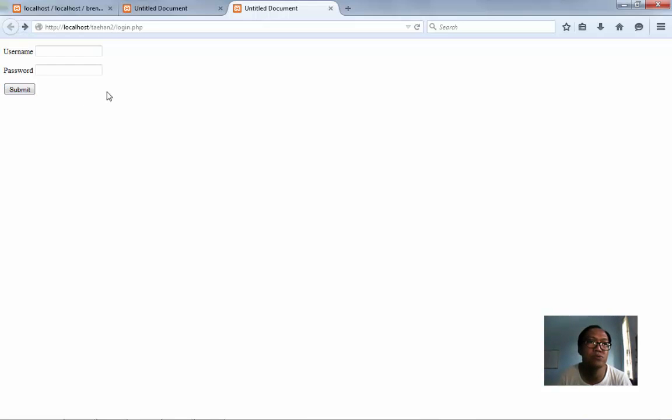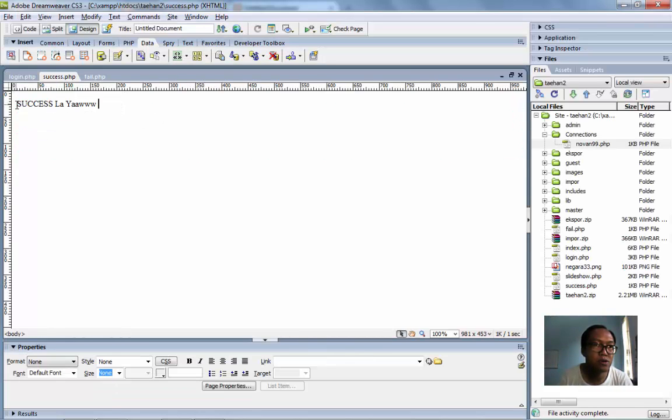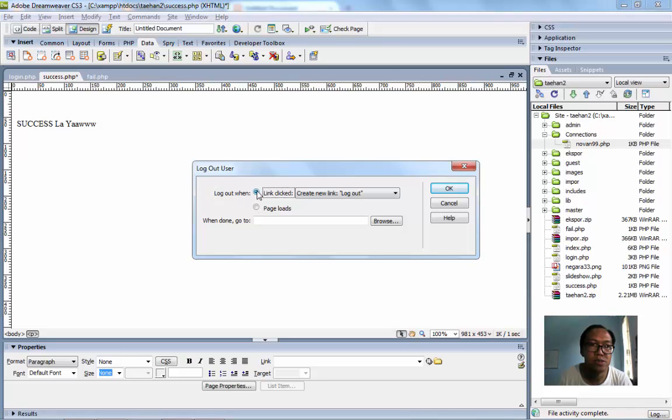You don't want that to happen, so we have to create a logout link here, logout, and then we use this one. When you click the logout, you go to index.php, something like that.